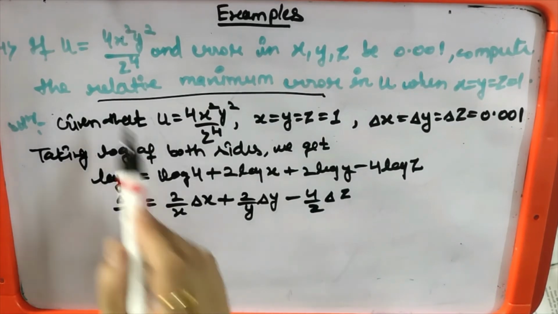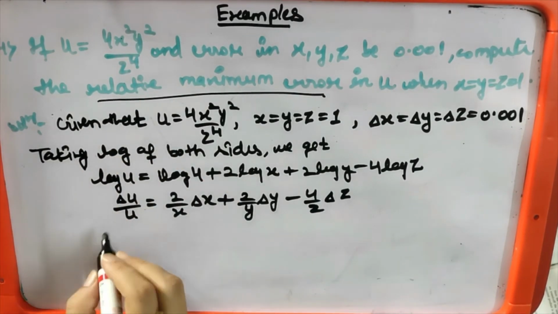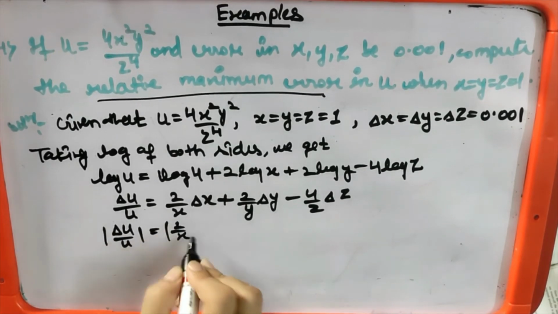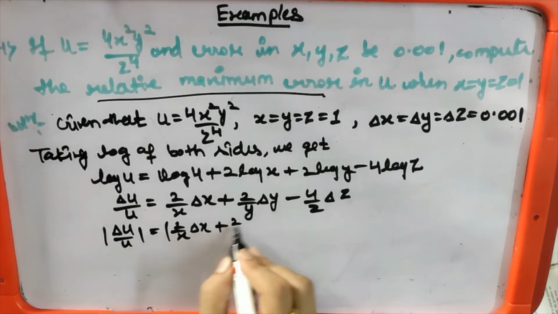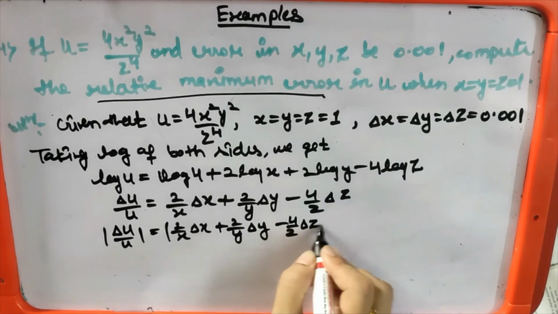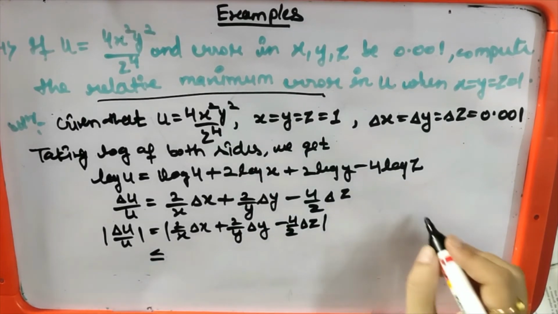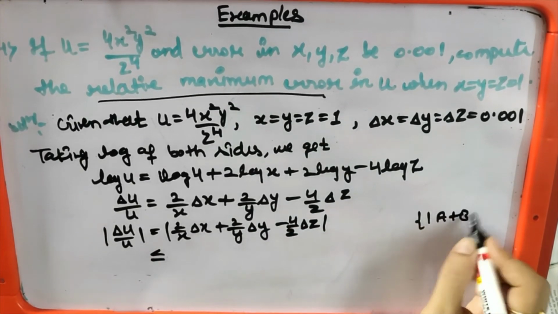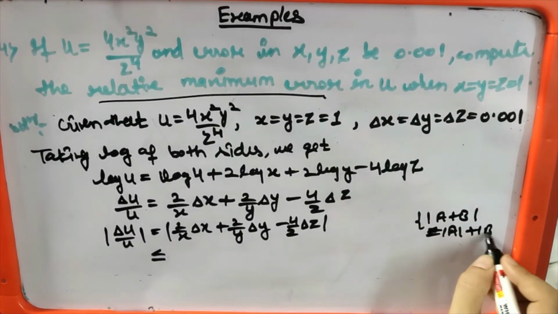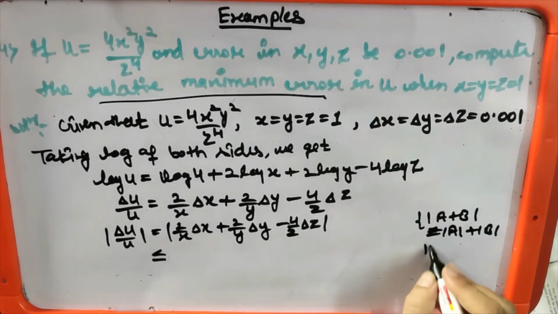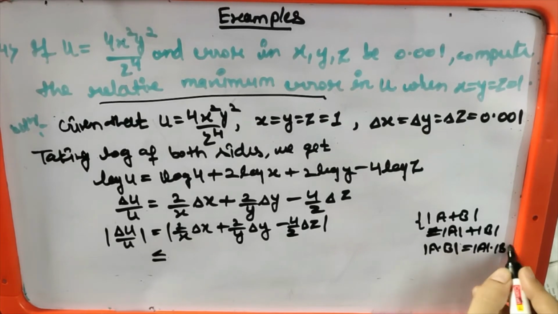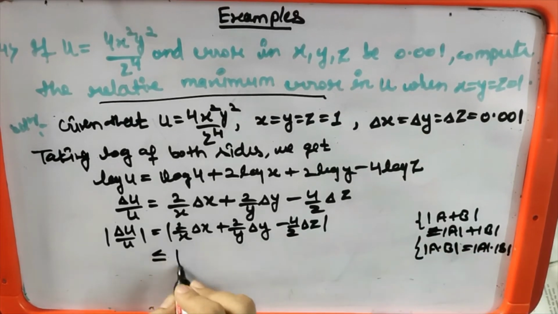Now we have to find the relative maximum error taking absolute value of both sides. This will become, by using the formula, absolute value of a plus b is less than or equal to absolute value of a plus absolute value of b, and absolute value of a into b is equals to absolute value of a into absolute value of b. By using these formulas, they will become